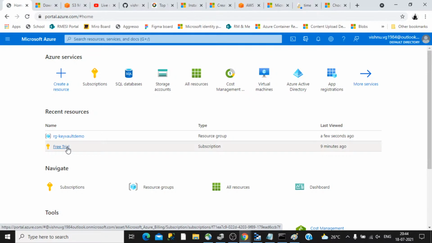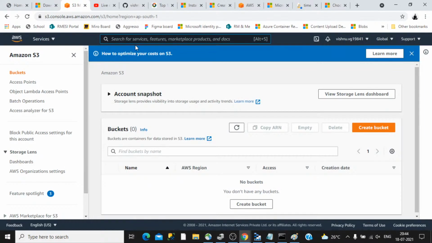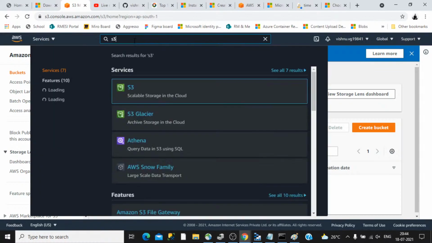You can select file-based storage, blob-based storage, or have a queue as well in Azure Storage. Whereas in Amazon, there is only one service called S3, but you always have the option to store a queue in Amazon, but that will be in a different service. I can explain that concept here.